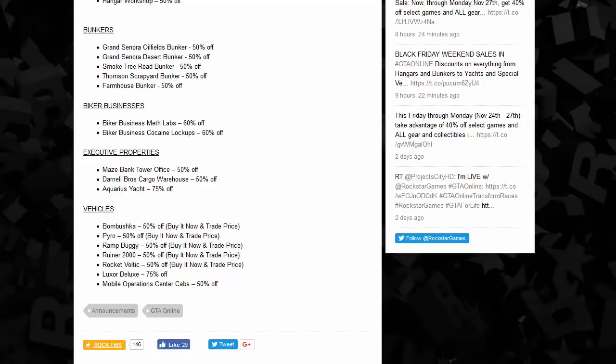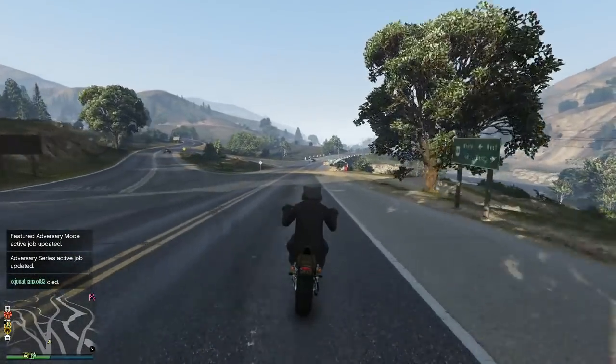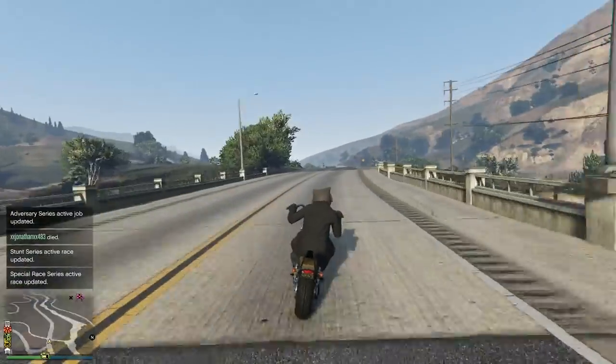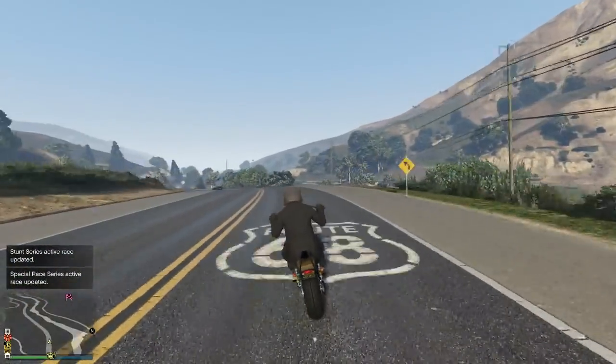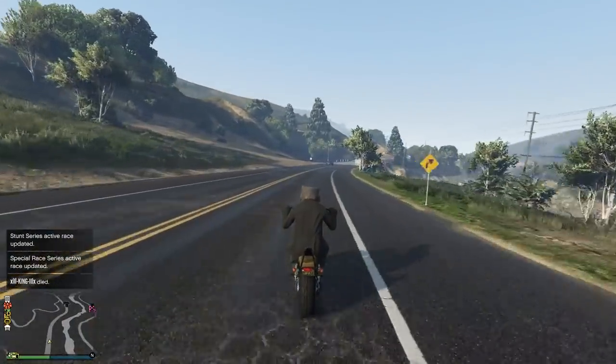And the winner of all of these is, yes, the Luxor Deluxe, the golden airplane that came out in Ill-Gotten Gains. That was $10 million. It's currently 75% off, and I'm sorry, it's still not worth purchasing for $2.5 million. And I think that's the point of my rant. With maybe one or two or three exceptions here, this stuff is just not worth purchasing, even at 50, 60,